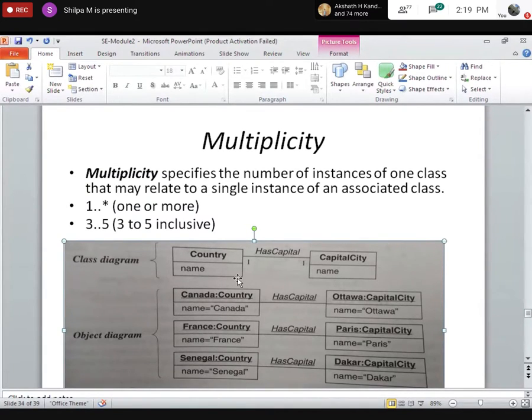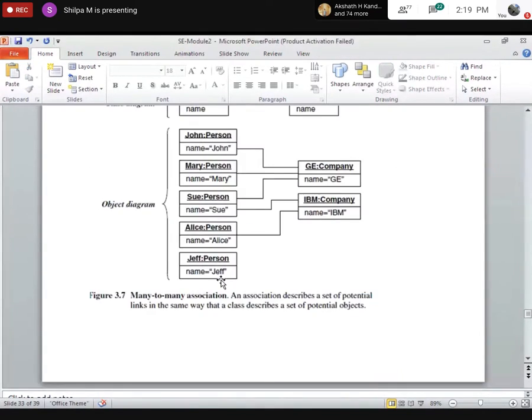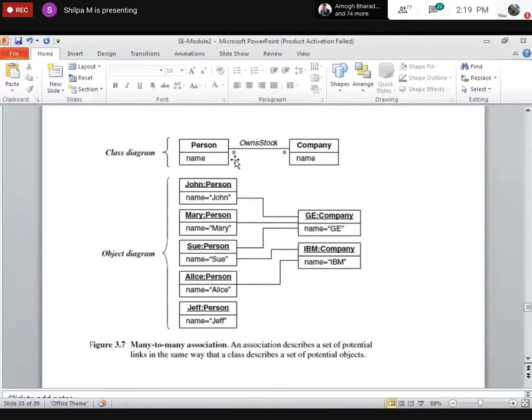Okay. It can also be something like this. Let's say, for example, person and own stock. Now, star means any number of instances. It may not be one, it may be multiple. So we say multiple people are associated with multiple companies.